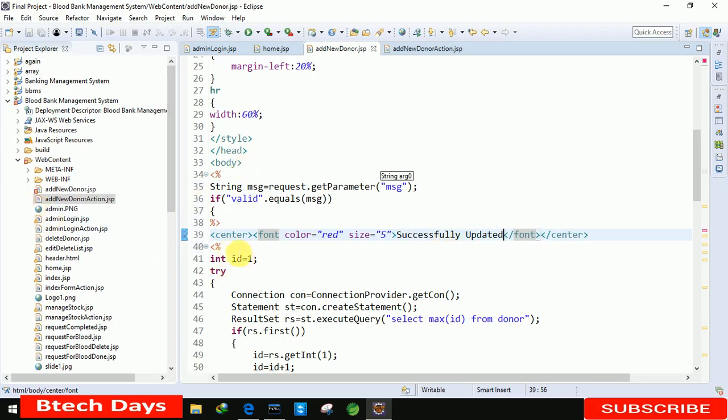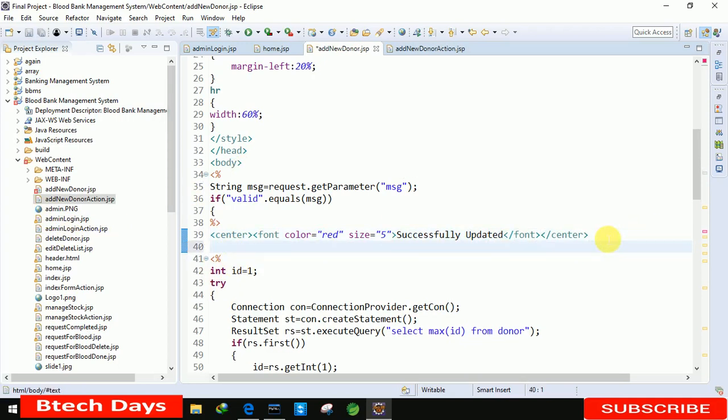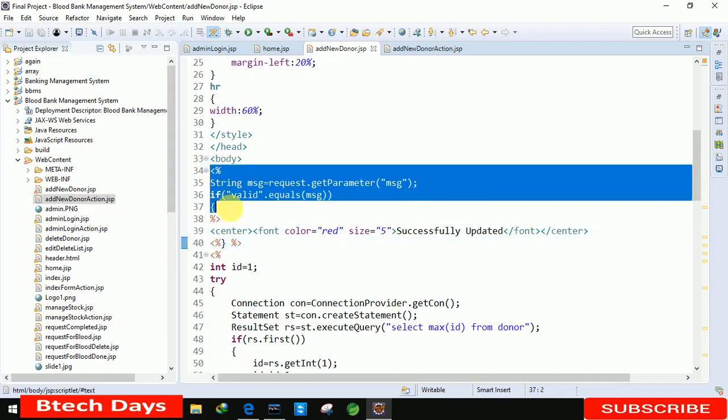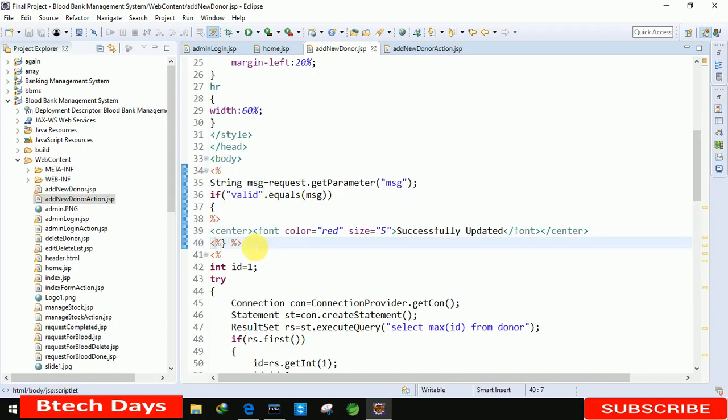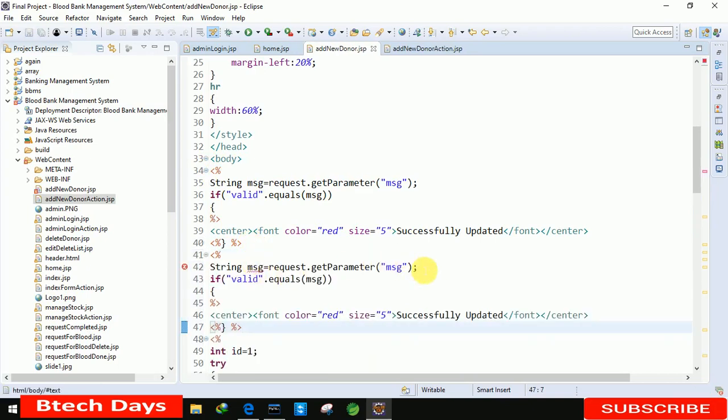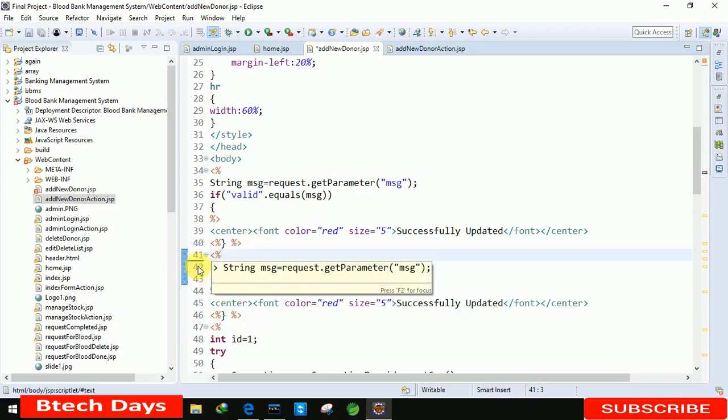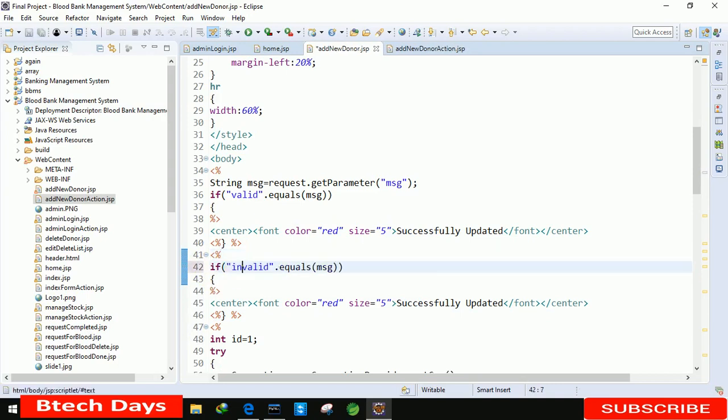After that, we also need to close this bracket. Okay, after that we are going to copy this part of the code here again. Okay, after that we will delete this line, and here we are making it as invalid, and we are going to change the message, and here we are writing something went wrong, try again.